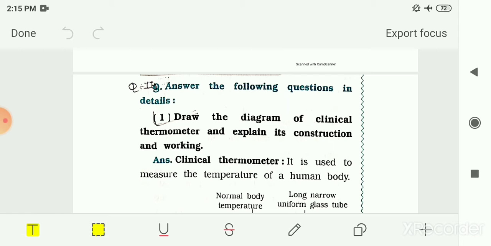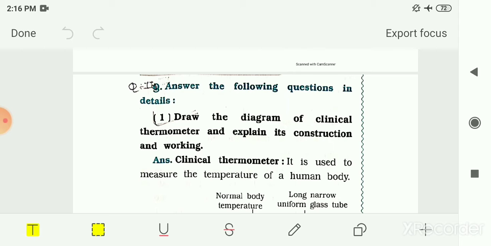Then we had seen the third and last mode of transfer of heat, that is radiation. So from the sun, heat comes to us by the process known as radiation. The transfer of heat by radiation does not require any medium. And we had seen some phenomena regarding this heat that we are experiencing in our day-to-day life.